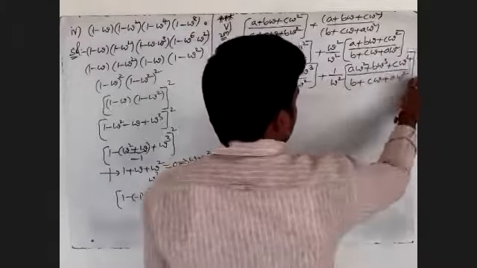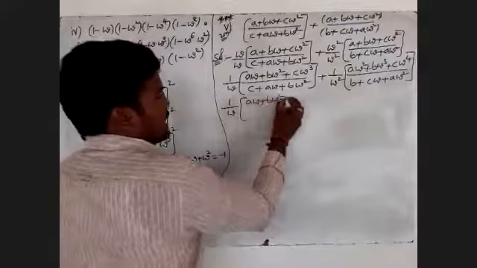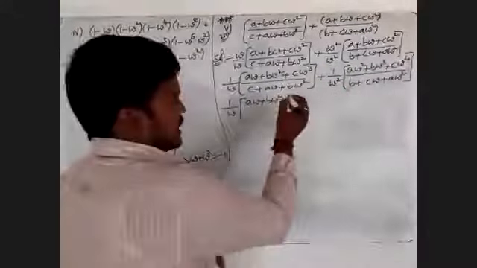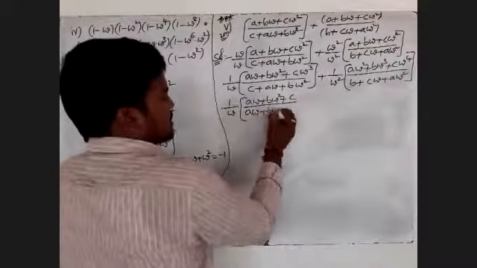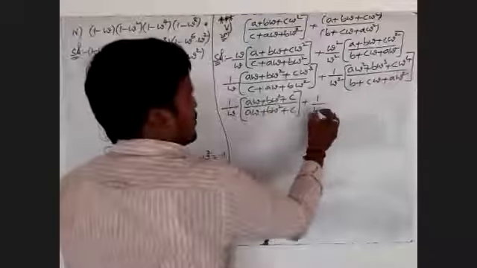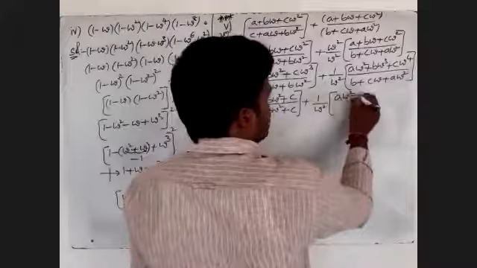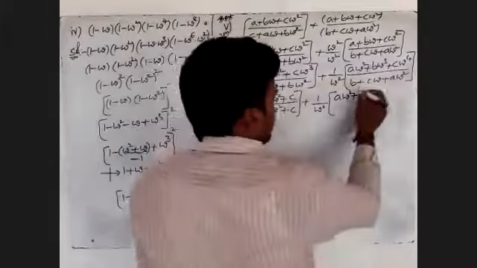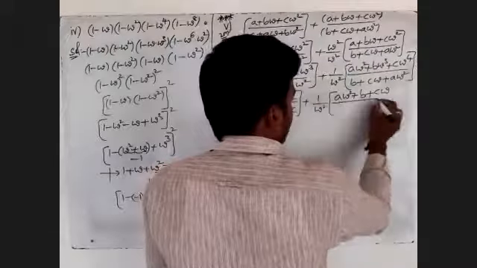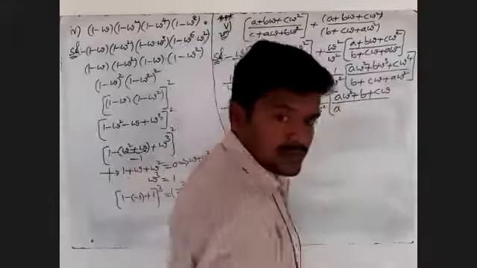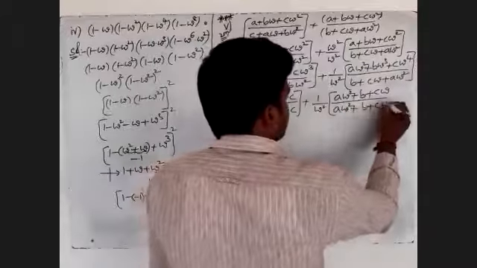We have to expand this one. I will write 1 by omega into A omega plus B omega square plus, where omega cube is 1, plus C. Here also write in order: A omega plus B omega square plus C, plus 1 by omega square into A omega square plus omega cube, which equals 1, so B, plus omega power 4, that is omega, plus C omega, by their denominator A omega square plus B plus C omega.